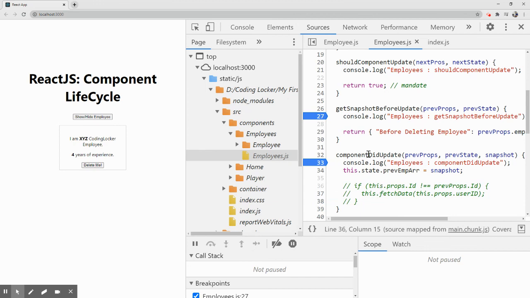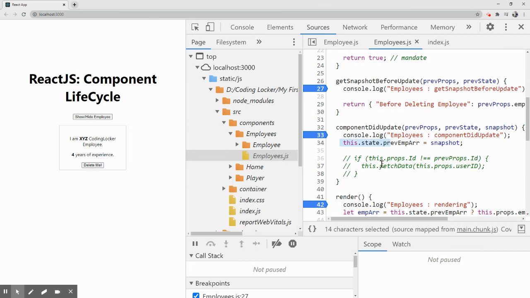I was talking about componentDidUpdate, which means everything you wanted to achieve has been done. Now you are good to make any other changes to state, or maybe calls to the server. But all of these should be done inside a condition, otherwise you might face an infinite loop.